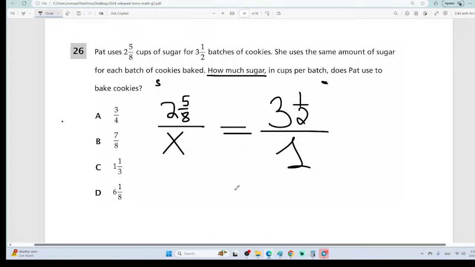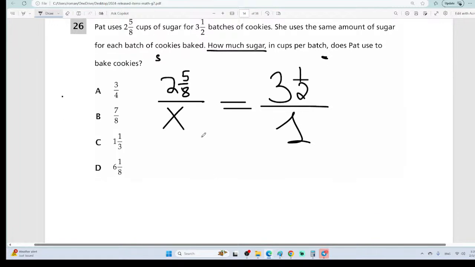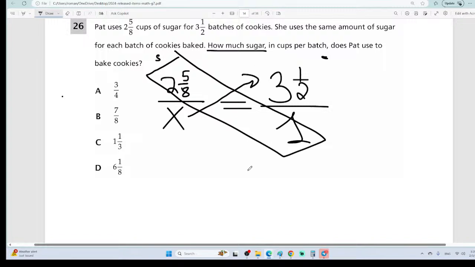Now I know what to divide and what to multiply. It's going to be this times this divided by what's across from x. Or in other words, 2 and 5/8 times 1, and then divided by